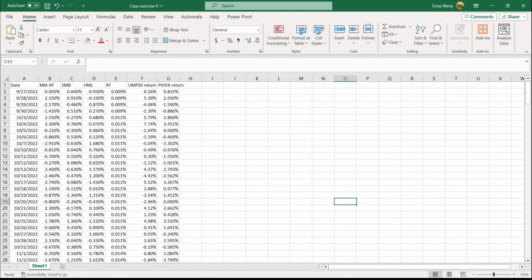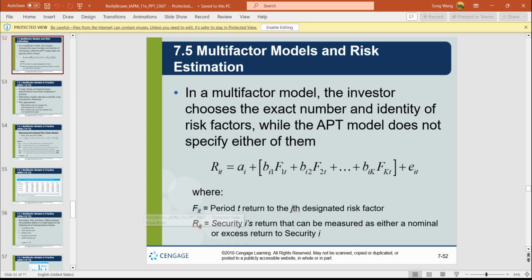Hello people, this is class exercise number 9. In this practice, we're going to study the Fama-French three-factor model and learn how to use that model to predict the performance of a portfolio. So last time we learned about the CAPM model, and the CAPM is about how to